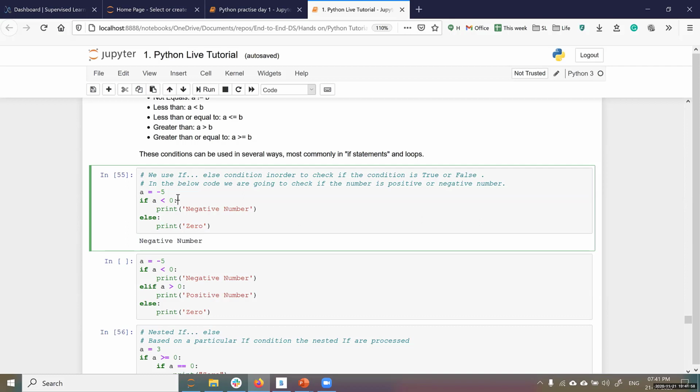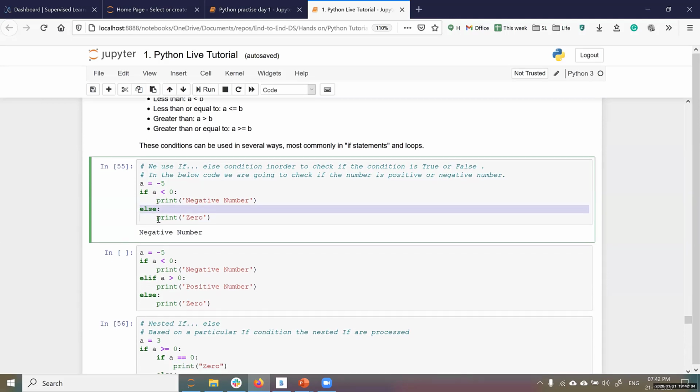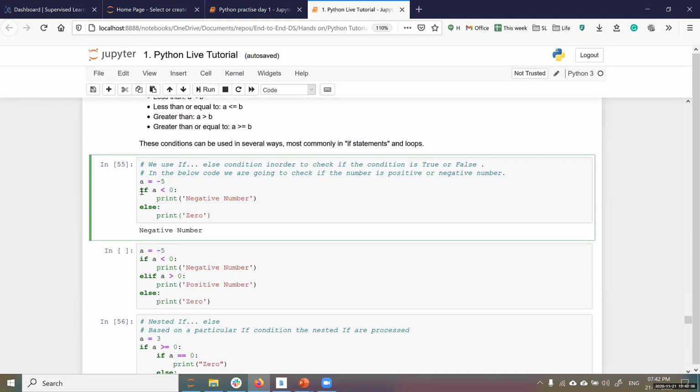Each of if and else should end with a colon. Without the colon you'll get an error. Else is not mandatory, it's optional. You can write just if, or if else.